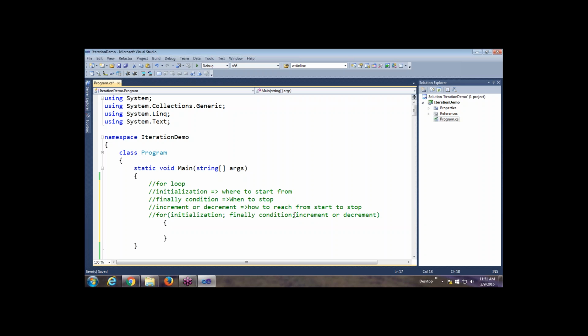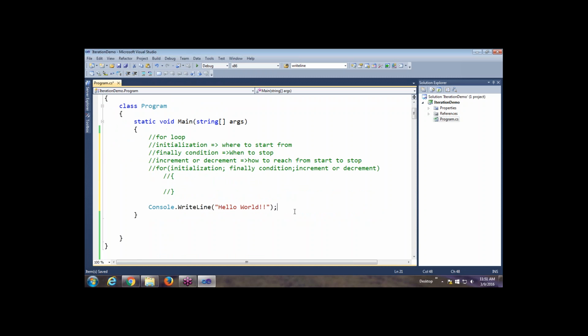Let us take one example to understand this concept. This is just a concept, so I'll just comment it. Suppose I want to print hello world, and my requirement is to print this hello world say 10 times. So if I am using a for loop, when you are saying 10 times, obviously you will start counting from 1, and then one by one you will continue up to 10.